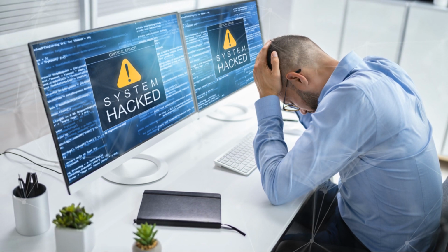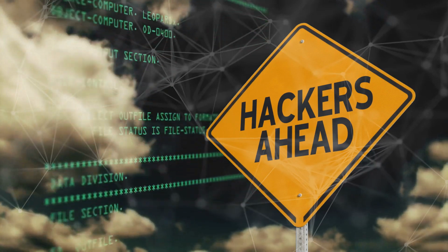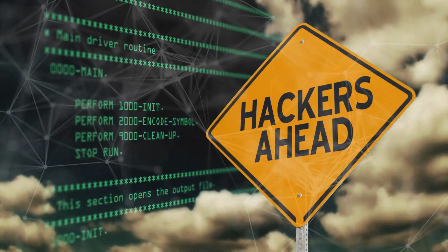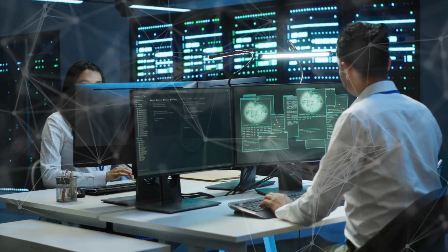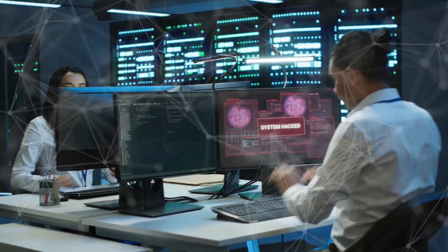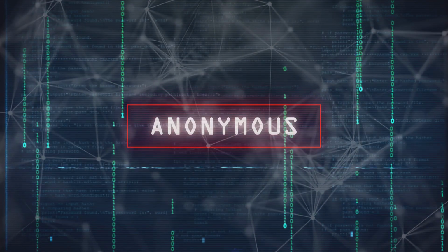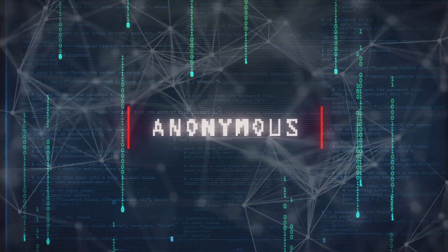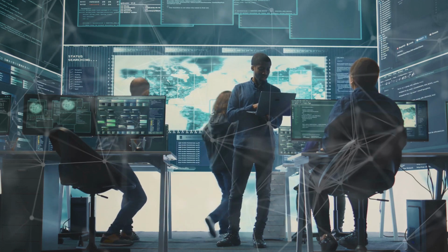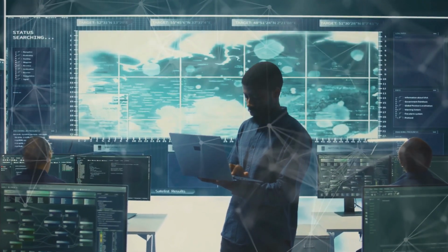The impact of 0-day attacks extends far beyond the immediate victims. These attacks can have a ripple effect, eroding public trust in technology, increasing cybersecurity costs for businesses and individuals, and hindering innovation. The constant threat of 0-day attacks forces organizations to invest heavily in cybersecurity measures, diverting resources from other areas and increasing the cost of doing business. 0-day attacks also erode public trust in technology and digital services. Addressing the challenge of 0-day exploits requires a multifaceted approach. Only through collective action can we mitigate the impact of these invisible threats and secure our digital future.